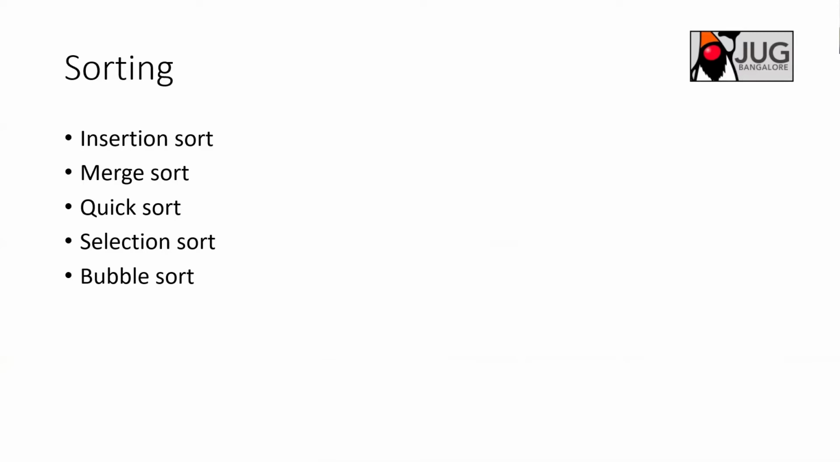Today we'll discuss insertion sort, merge sort, quick sort, selection sort, and bubble sort. I won't cover selection sort and bubble sort in detail because these are very simple sorting techniques. Maybe I will just recap on them, and mostly I will be talking about insertion sort, merge sort, and quick sort. There are some other sorting algorithms like radix sort, tim sort, and cycle sort, which are very rarely used, and I haven't seen examiners asking about them in exams. Mostly quick sort will be asked